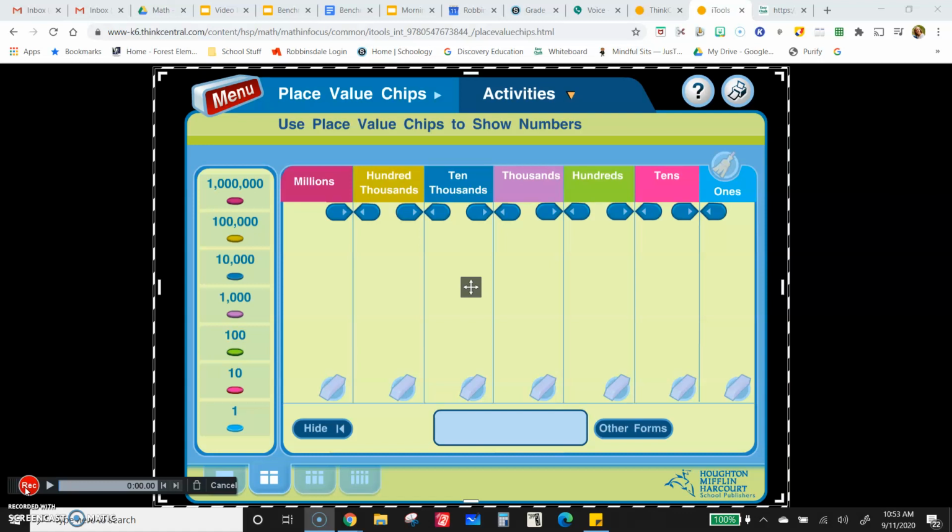1 10,000, well, think about what 1 10 is. It's just 10. So 1 10,000 is 10,000. 2 10s is 20. So 2 10,000s is 20,000. Then we can just keep counting. 30,000, 40,000, 50,000, 60,000, 70,000, 80,000, 90,000,